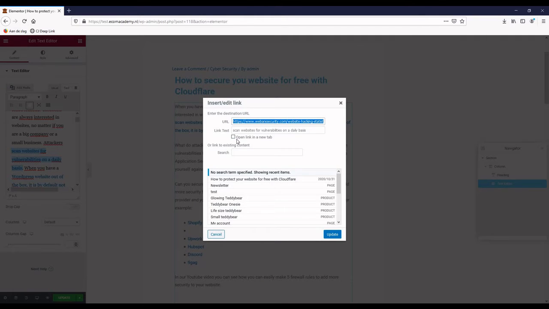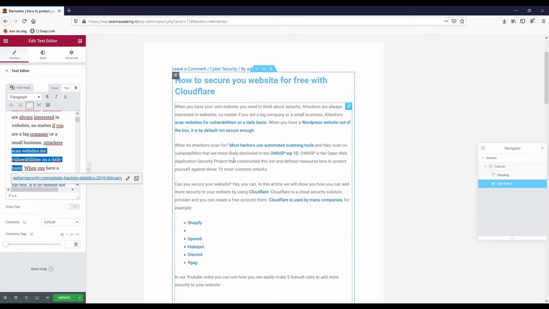And what we're going to do, because we don't want visitors to leave our page but stay on our page, what you can do with inserting links is that you can click this one, open link in a new tab. And that will, when a visitor clicks on this link, it will open in a new tab, and the visitor will stay on your website, and eventually will come back to your website or your blog article to finish